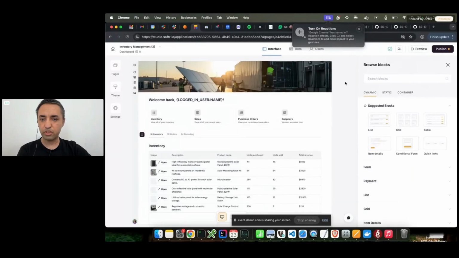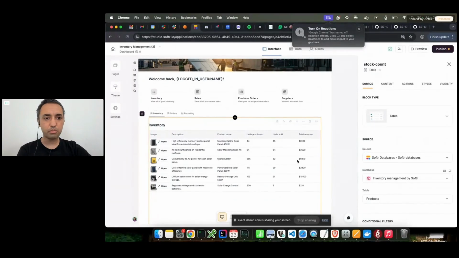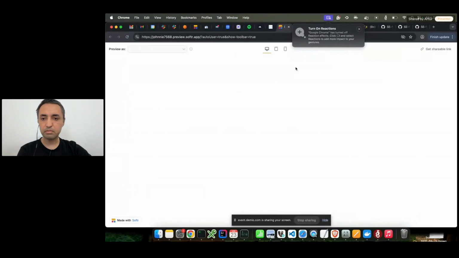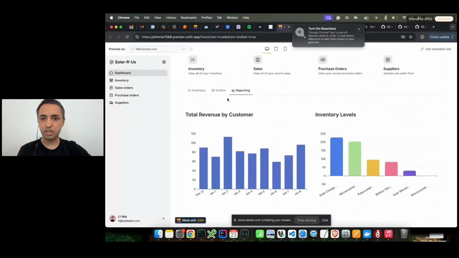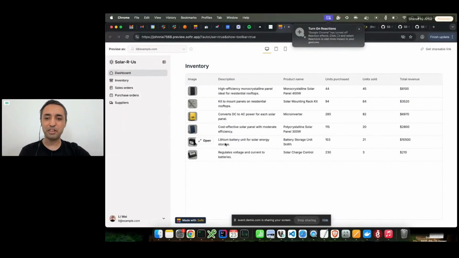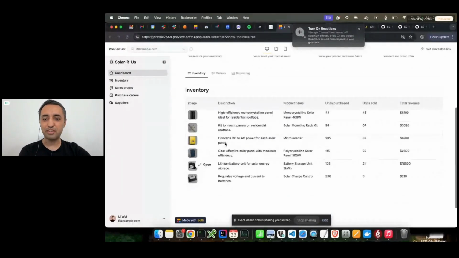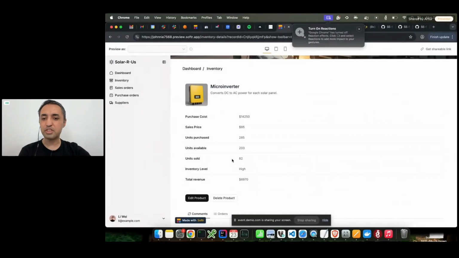So the app is there already. This is the data coming already from Softr Database, as you can see here from the copy. And if I go and preview this one, you will see that a lot of things are moving super fast, everything, charts and orders and inventory. Again, we emphasized a lot to have very speedy applications, so you can build charts that are super fast, and everything is super fast around the data. So this is going to be, at the moment, a key differentiator, and we'll just add more and more functionalities. I'll probably pause here and we take some questions.